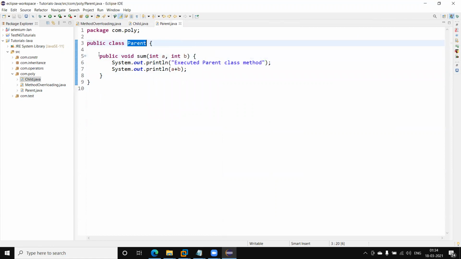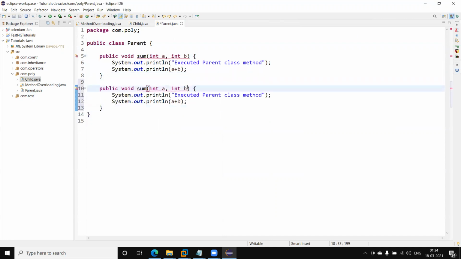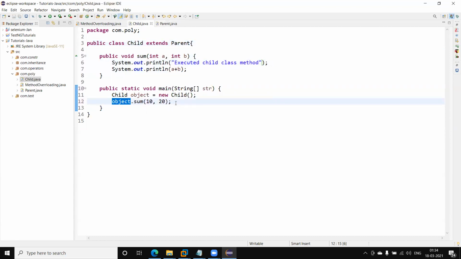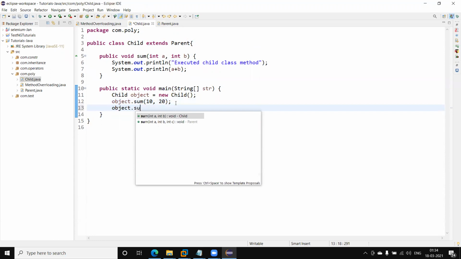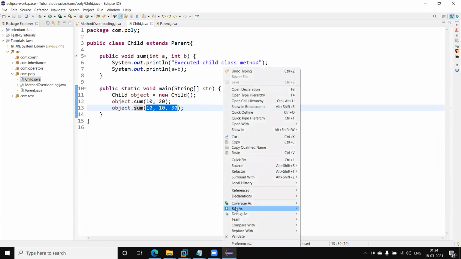If I create a different method which has different arguments, suppose I am passing 3 arguments and then adding them, and if I call the sum method and pass 3 arguments, then that sum method will execute where we are using 3 arguments.